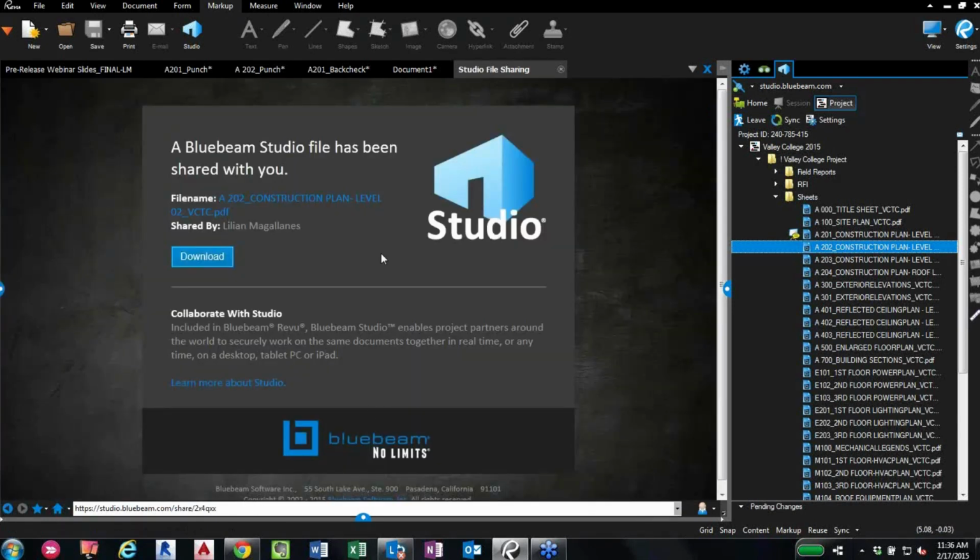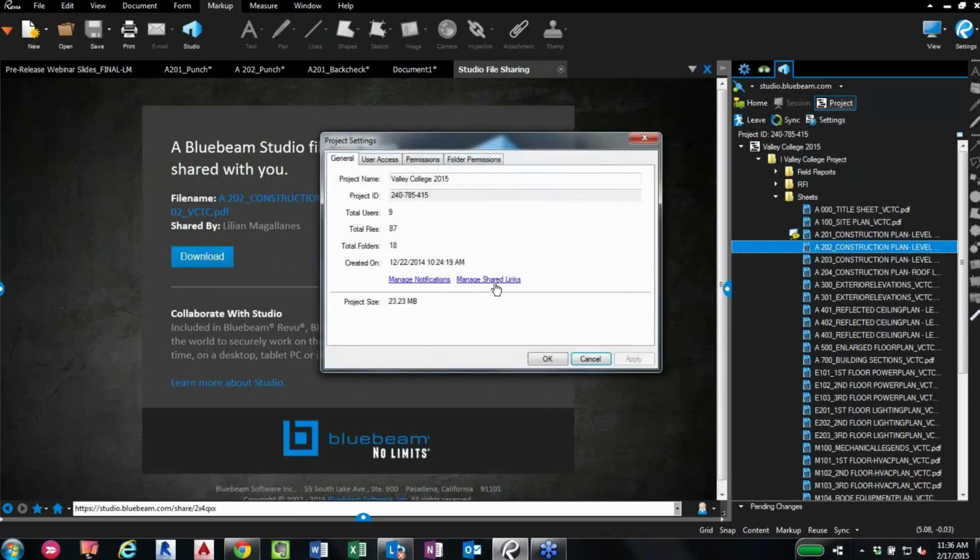And so now this is what the recipient would see. You'll see they get the file name, they will see who this file has been shared by, and all they need to do is just click download to download a copy of that file. Keep in mind, if you want to see all of your files that you've shared or manage all of your